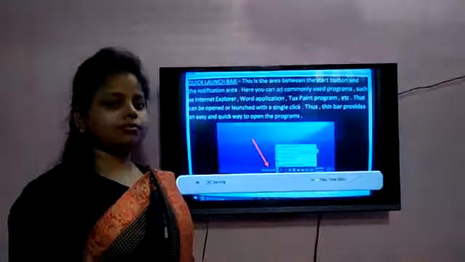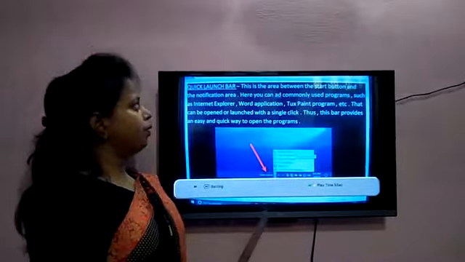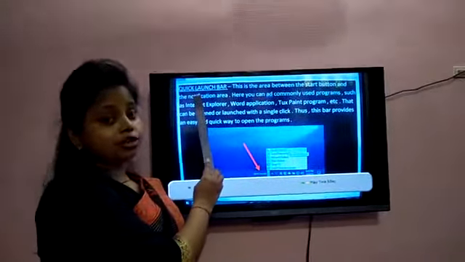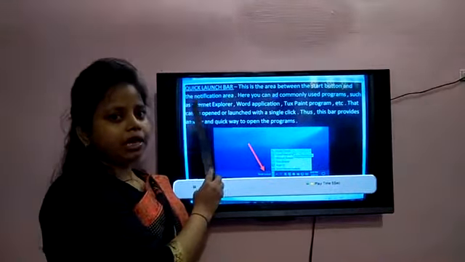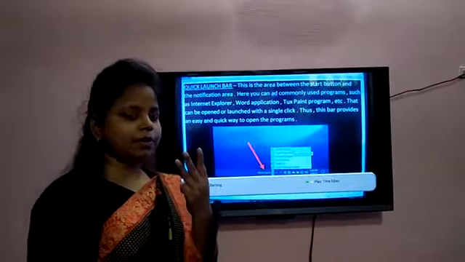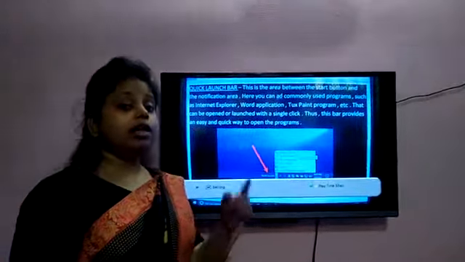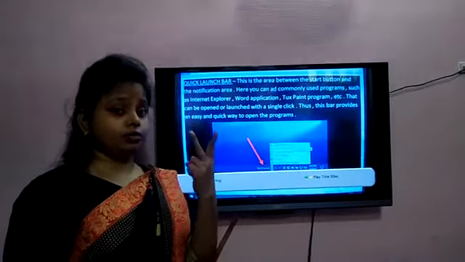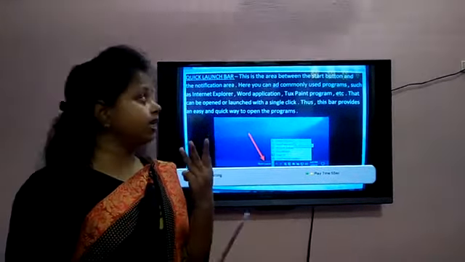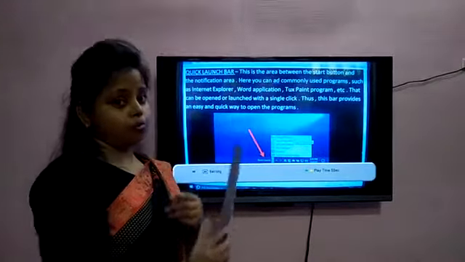Okay, next. Okay students, now this is the last section of the taskbar. There are three sections in the taskbar: start button, notification area, and the third one is the quick launch bar.